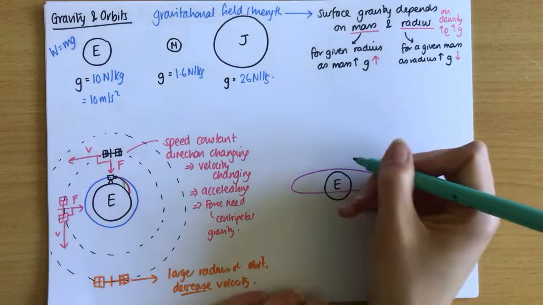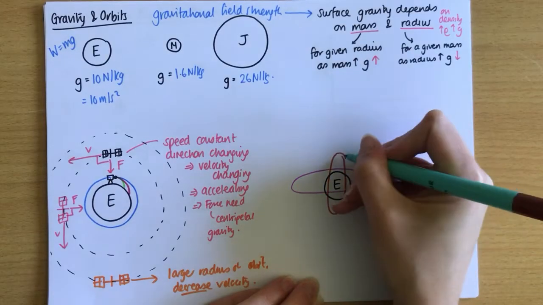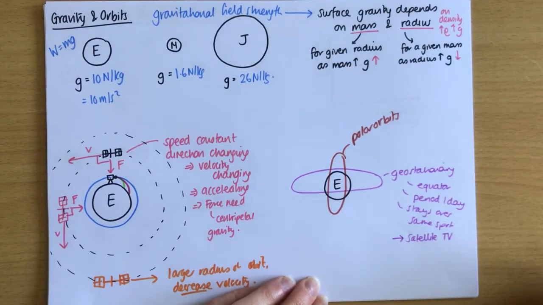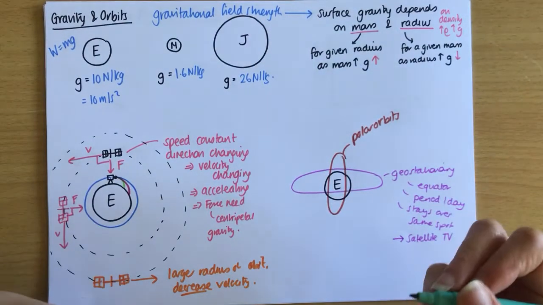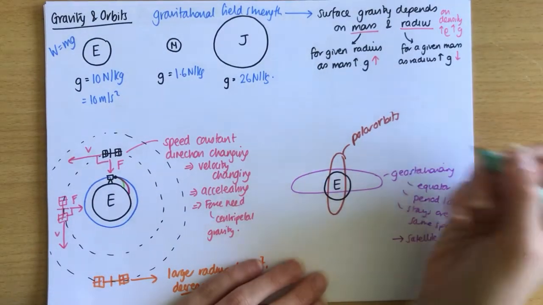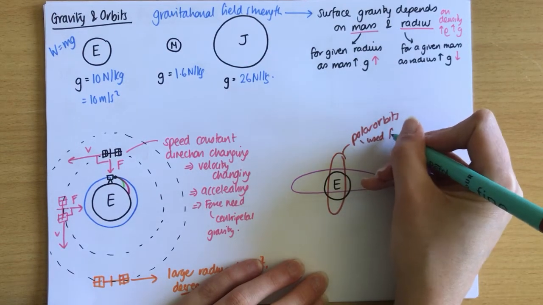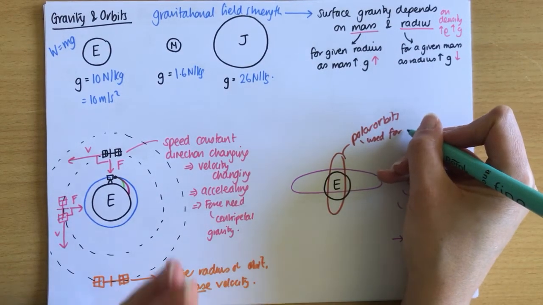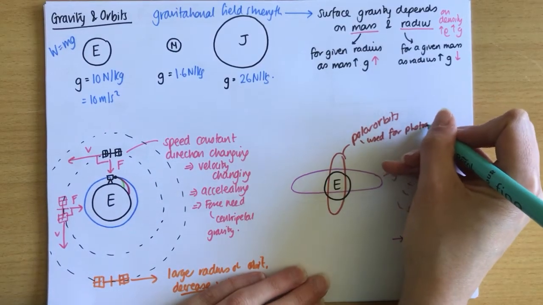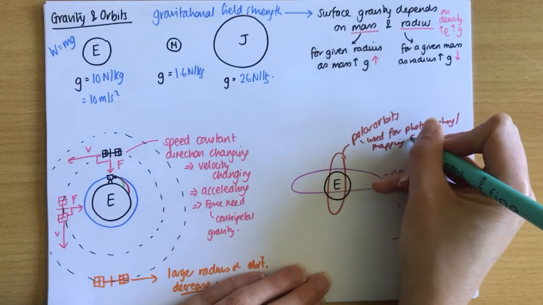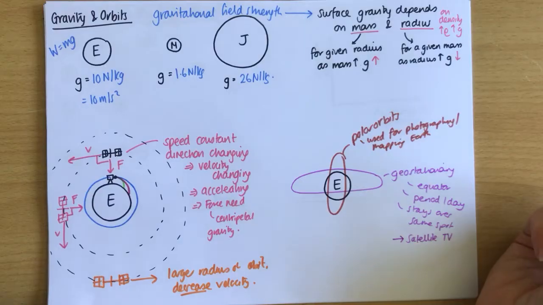Then we also have polar orbits. Now, these don't stay over the same spot, as you can see. They don't have a period of 1 day, and that means they cover the whole of the Earth, essentially. Their coverage is across the whole of the Earth. This means they're used mainly for some communications or for photographing and mapping the Earth. So you might have heard of Google Earth, which was a satellite that took photos of the entirety